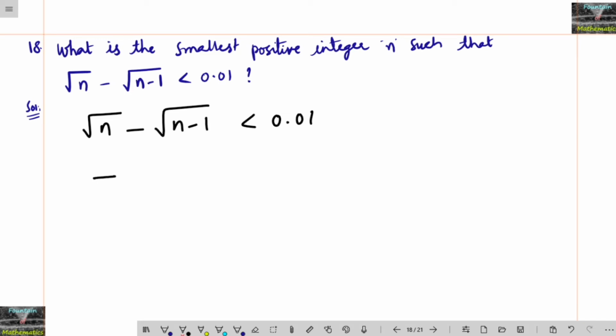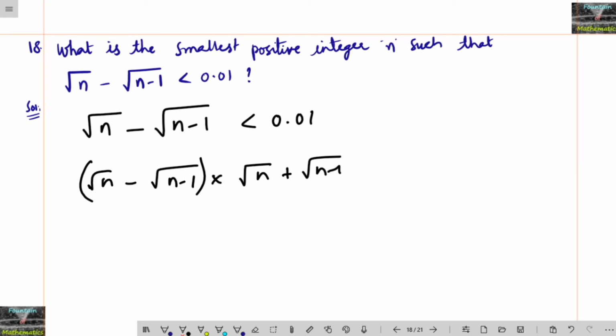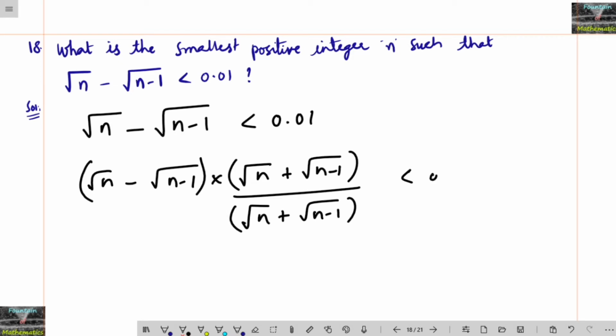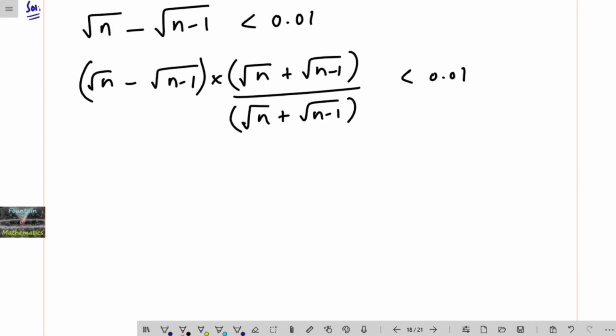Let's apply rationalization for this. Under root n minus under root of n minus 1, into its rationalizing factor, divided by again root of n plus root of n minus 1, is less than 0.01,